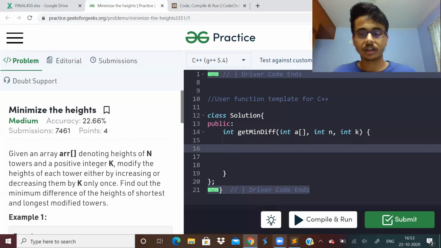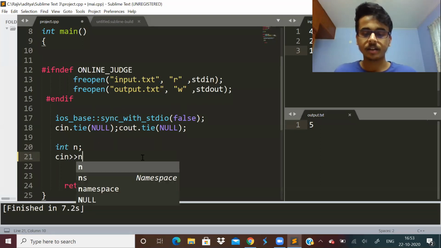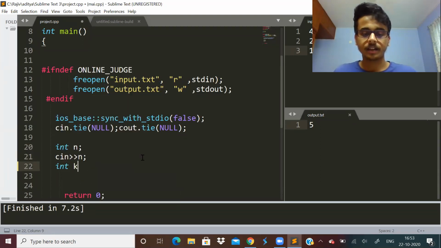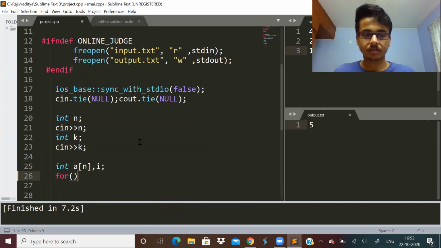So let us take the input first. int n, cin n, int k, cin k. Then we need the array.